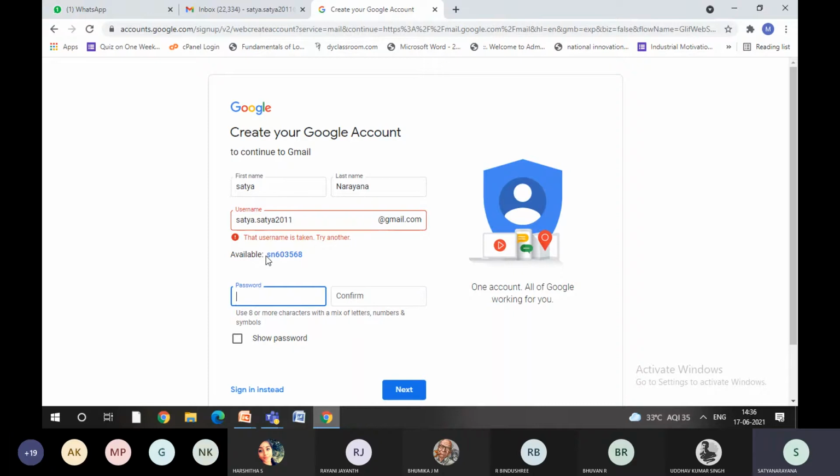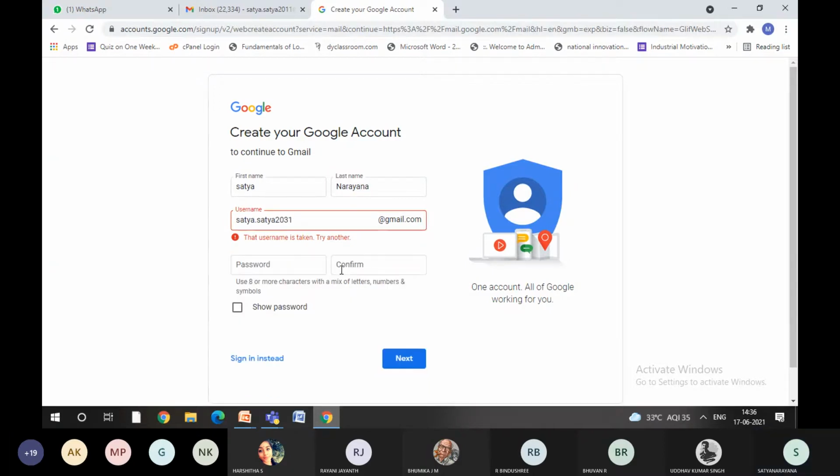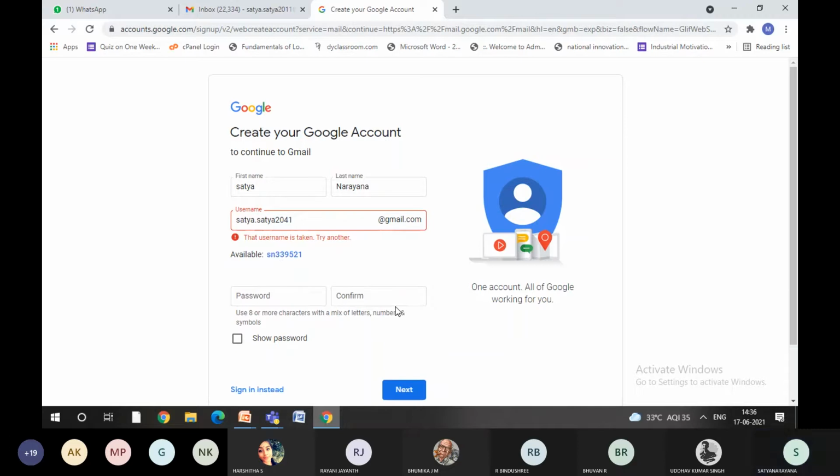Immediately what is it doing? It is giving us a suggestion. Why is it giving us the suggestion? By assuming that the user is creating multiple times with different IDs which are already available. Let us give some suggestion. Now again I'll try. Let me try with 31. See, the user is already taken. So again it is showing. Let me try with 41 again. See, the moment I tried 2 times, it is giving me some suggestion.